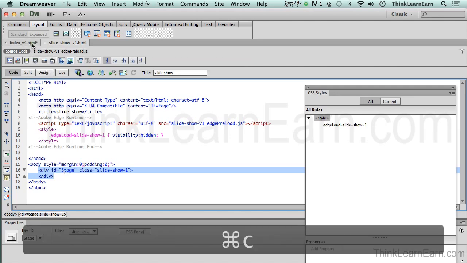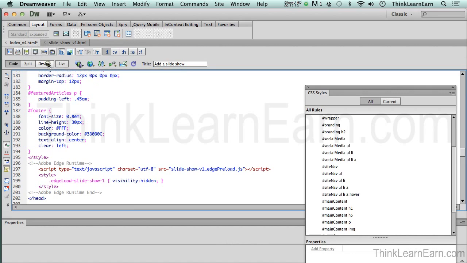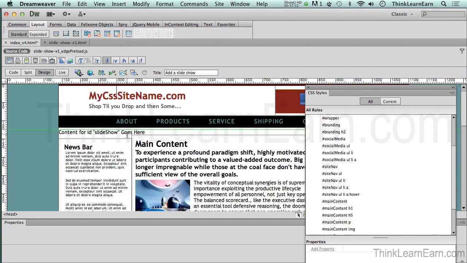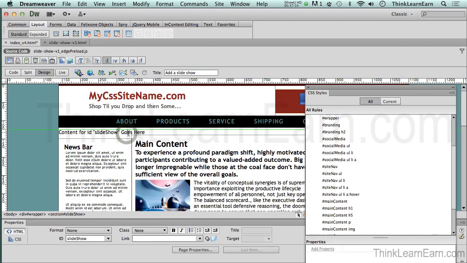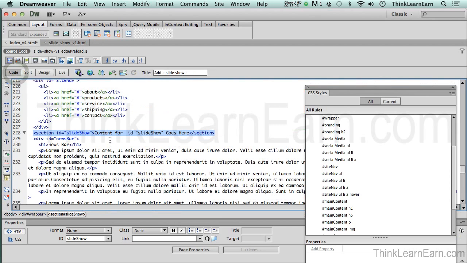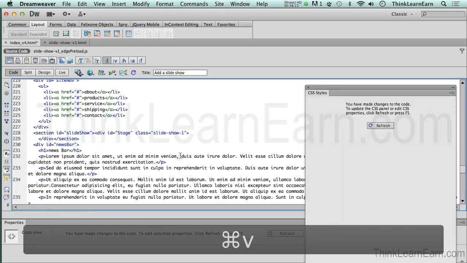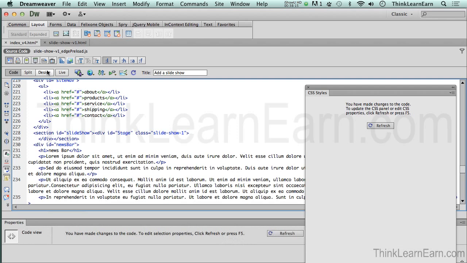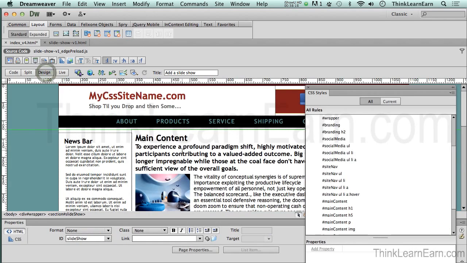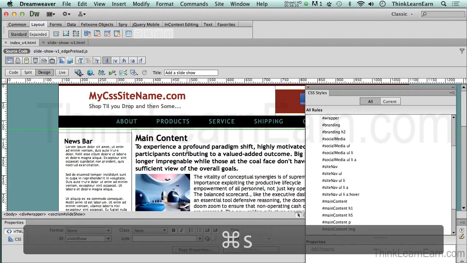I'm going to go to Dreamweaver. Now I'm going to show you a little technique here. Rather than search through code, I'm simply going to take this tag, which is our section tag, and select it right here. The reason I selected it is that when I go to my code, it will put me exactly where I need to go. So I'm going to take this information from here to here, and simply paste. Copy, paste. Now if I go to my design mode, and this is the file save,